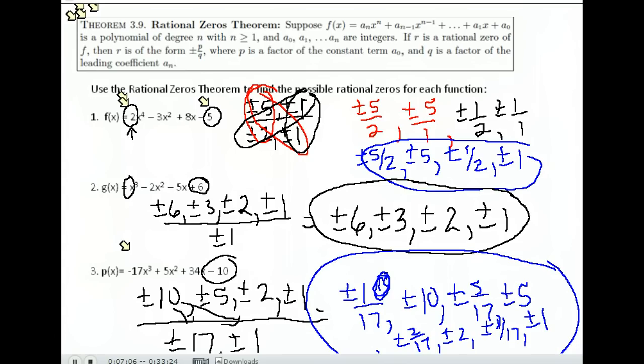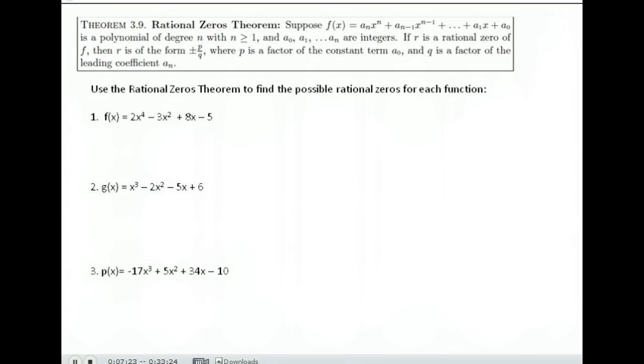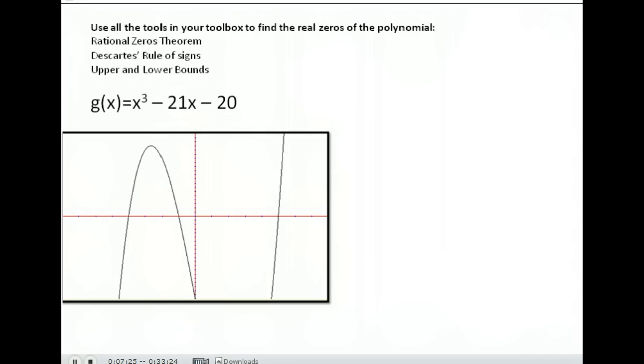On your assignment you will be asked to do a few of these. That's why I went ahead and did the rational zeros theorem. And now we're going to talk about why using a graphing calculator gives us a huge advantage. Some of your questions